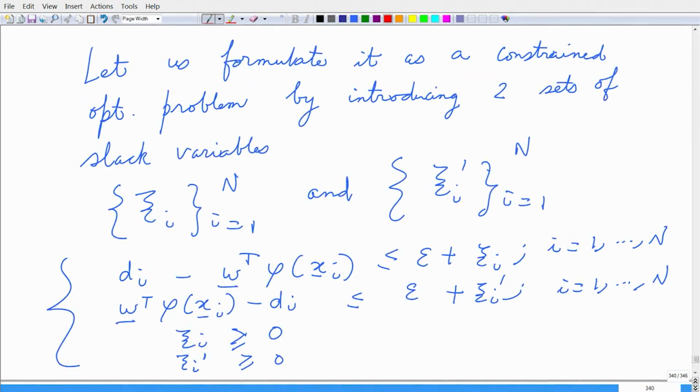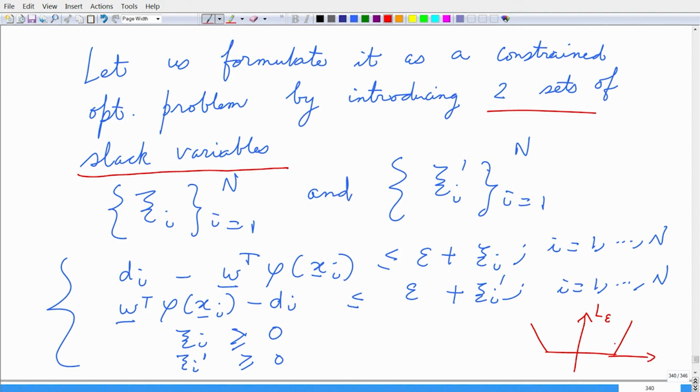So what we do is as follows. We would like to formulate this as a constraint optimization problem by introducing two sets of slack variables, zeta i, i equals 1 to n, and zeta i prime, i going from 1 to n. So what we have are the following constraints. Zeta i and zeta i prime have to be non-negative. Those are the two constraints at the bottom, and consistent with my epsilon insensitive loss function,